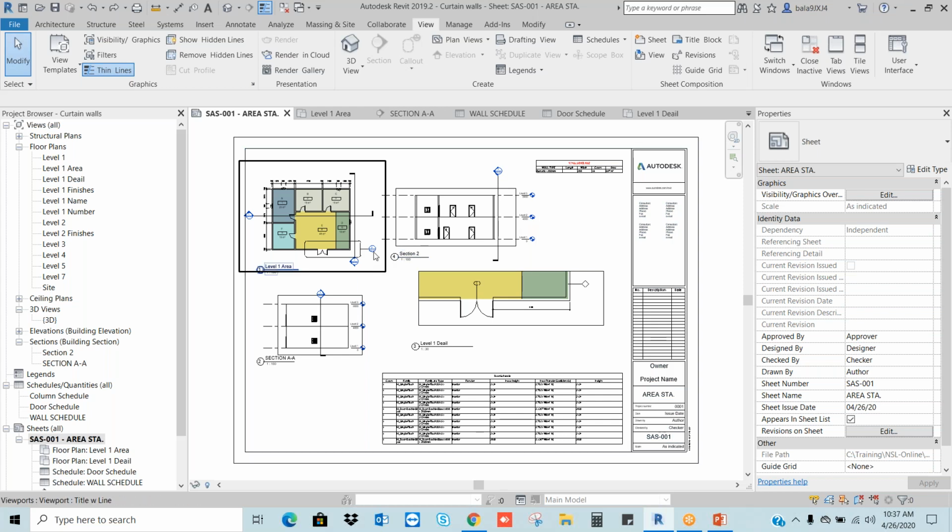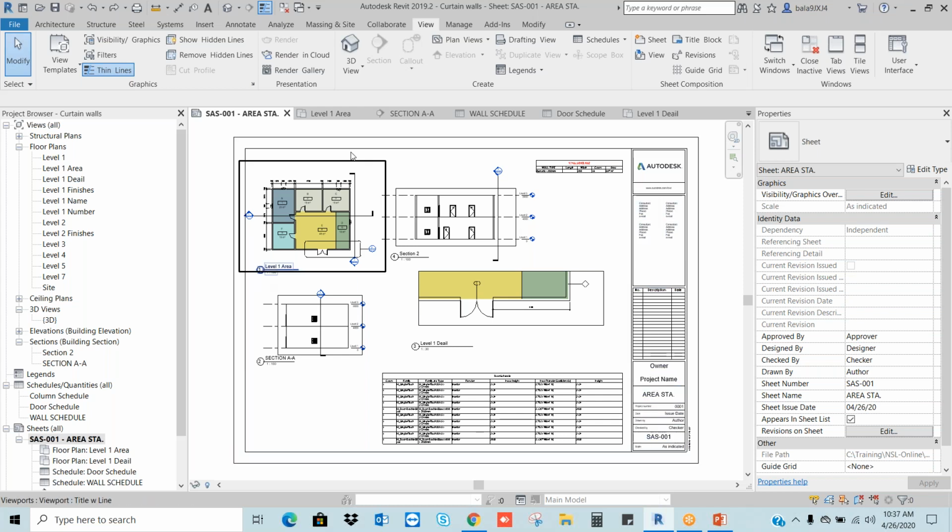But these 2D elements like sections, annotations, dimensions are different for each drawing. Okay, I hope everyone understood this.